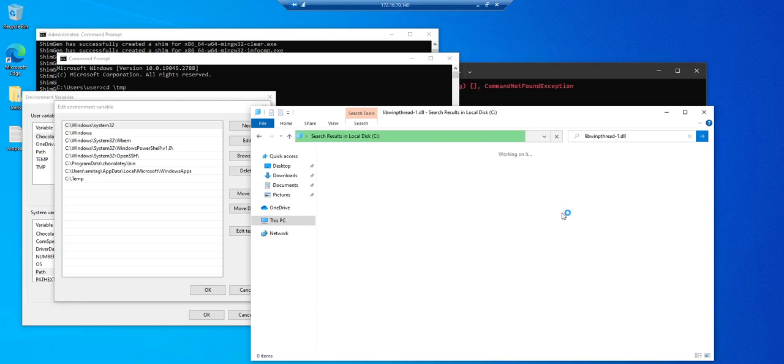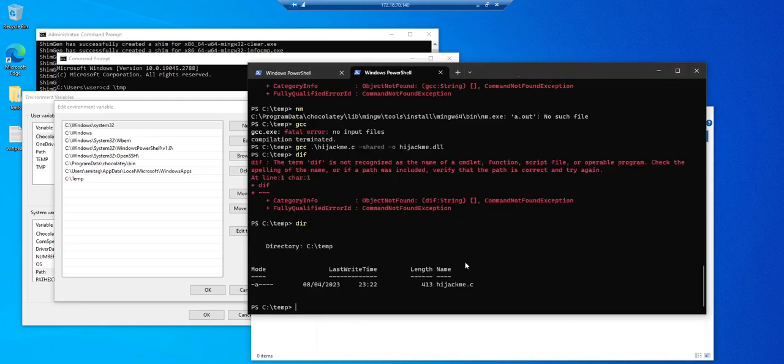I don't remember exactly which one, so we'll have to wait for this search to finish, which should again not take a lot of time. But once this is done, we are pretty much close to getting what we want to do. Now all we want to do is basically compile this hijackme.c into hijackme.dll, and once this compilation is done, we can